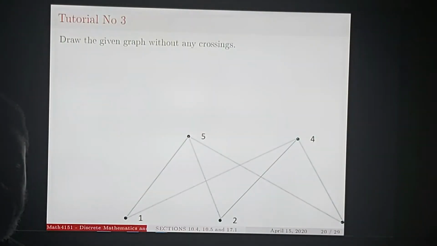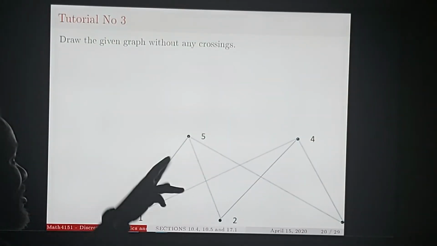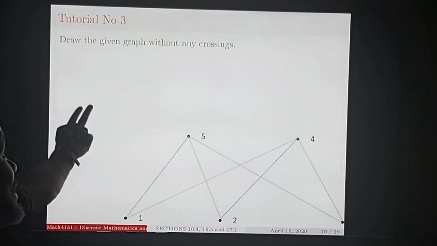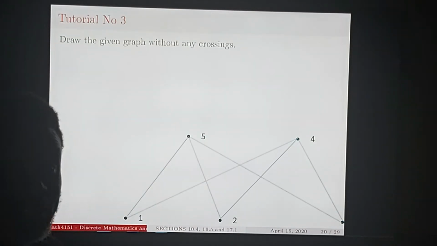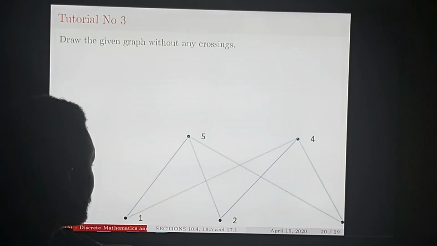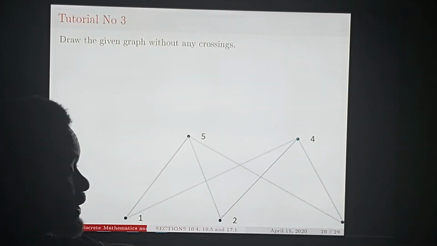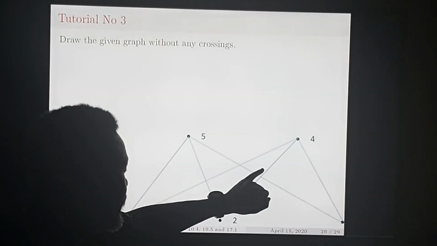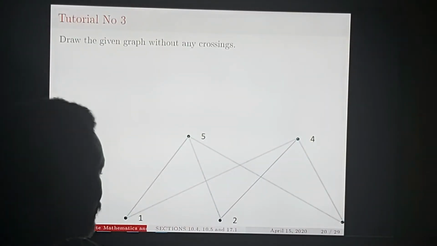However, I thought of picking one tutorial problem for these crossings, and anyway, I'll give you more problems as we continue. This is asking if this graph is planar. Draw this graph and determine whether it's planar. So what do you see, ladies and gentlemen, like we did previously? You do see that there are crossings here, here, and here. So what do you do?